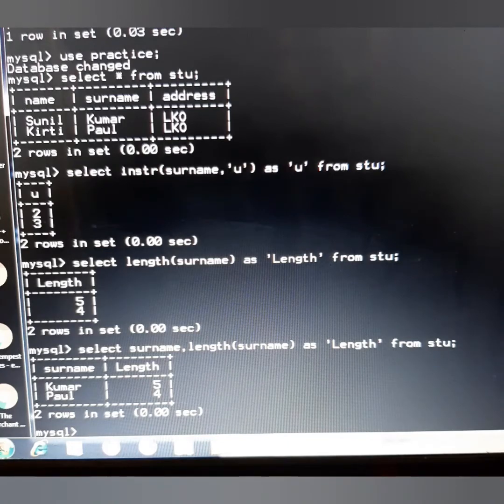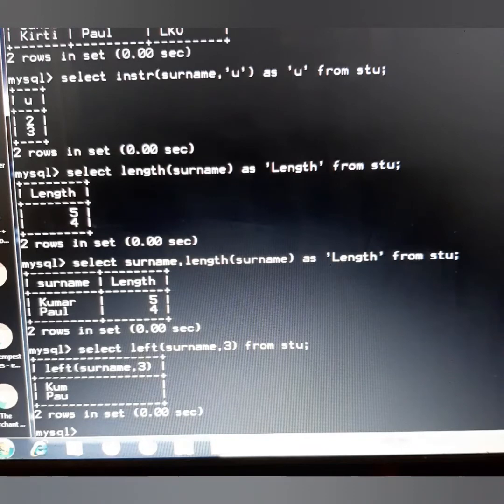Then comes left function, which is used to take the leftmost characters as specified. So if I say select left, and I write here surname comma 3 from STU.